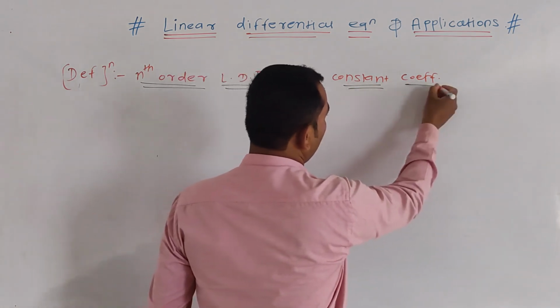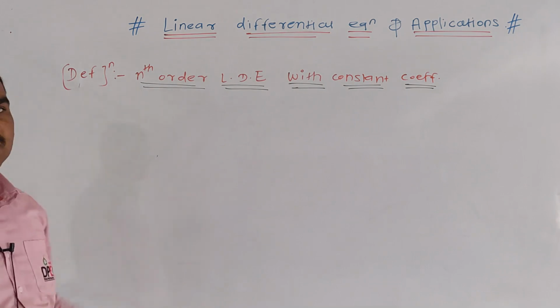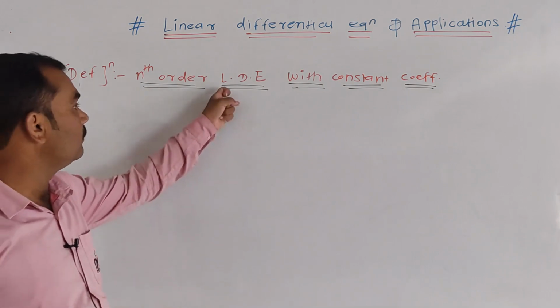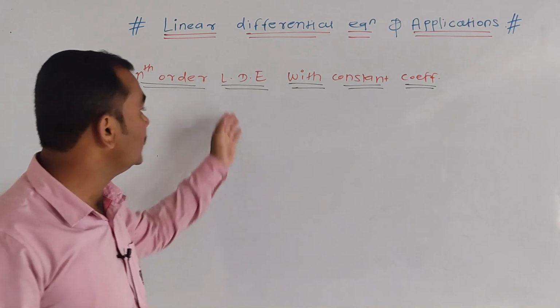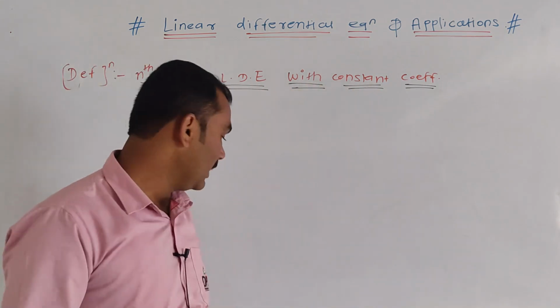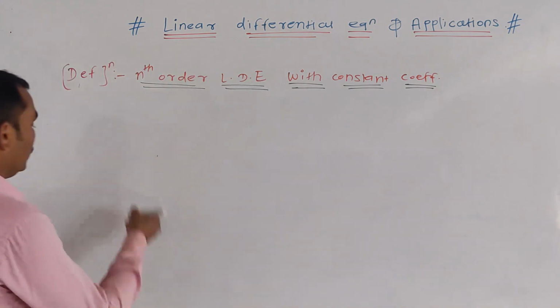So here look at the board: nth order, definitely the order of the equation is n. Also the given equation is linear, we know that very well. What is linear, with constant coefficients. Okay, now the definition: an equation